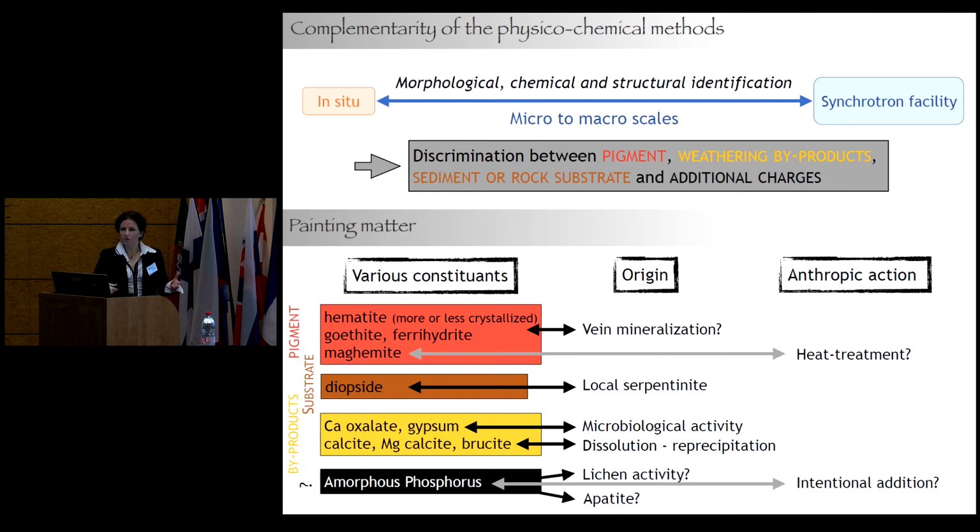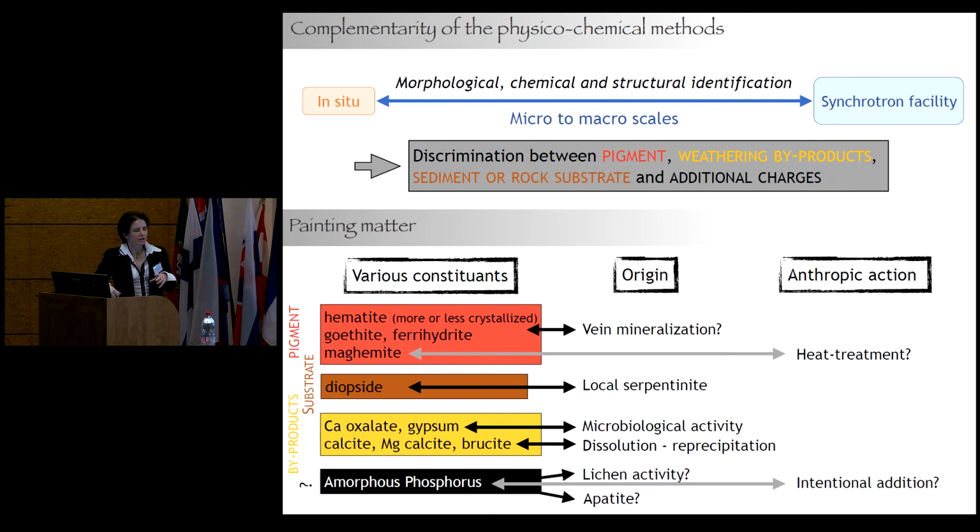Concerning the painting matter, to be able to answer the question, we can make a link and a comparison between the painting matter and the artifact. The pigments are the same. The morphologies are quite equivalent, but what is the clue to be able to say it's the same? It's really difficult to say it's the same. And we need to go really further, and we need to be very prudent to clearly pose this hypothesis and go deeper after eliminating the byproduct, the substrate.